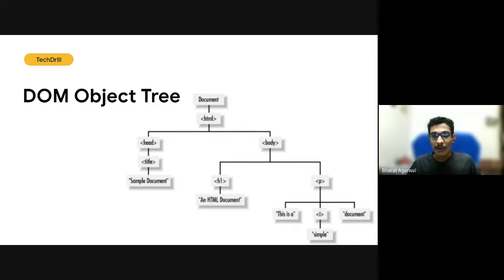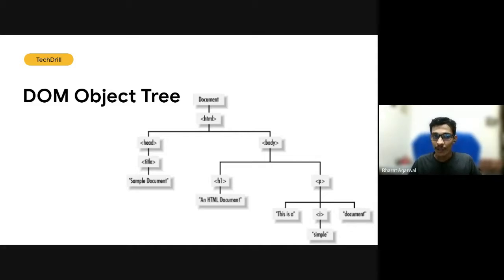In the HTML node we have two child nodes as of now, though there can be multiple. One is head, the other is body. In head we have different tags, such as title, meta tags, and other stuff. In body we can have any type of tag which HTML supports, or we can also create our custom tags. In this case, the body has two tags: the h1, then the p, and the p also has different nodes: a string, then the i tag, and another string. So it has different types of nodes associated with a DOM.